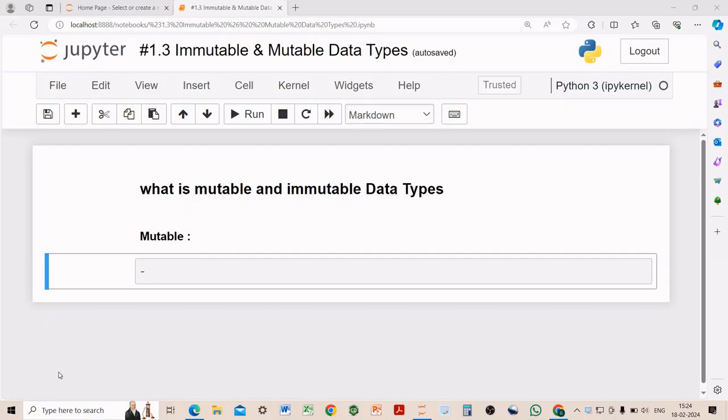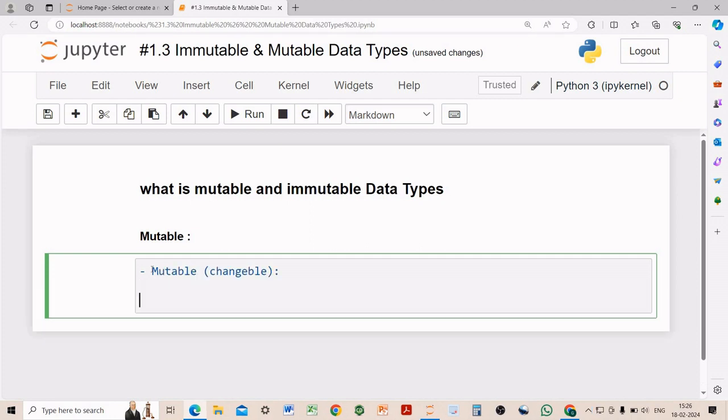हेलो फ्रेंड्स, वेलकम टू आवर चैनल। सो आज के वीडियो में हम देखने वाले हैं व्हाट इज़ द म्यूटेबल एंड इम्यूटेबल डाटा टाइप्स इन पाइथन, एंड दिस इज़ वन ऑफ द मोस्ट इम्पॉर्टेंट थिंग इन द पाइथन दैट वी शुड अवेयर अबाउट इट।